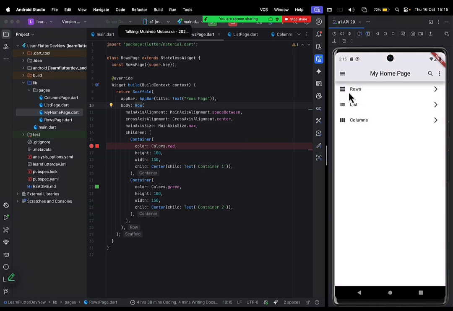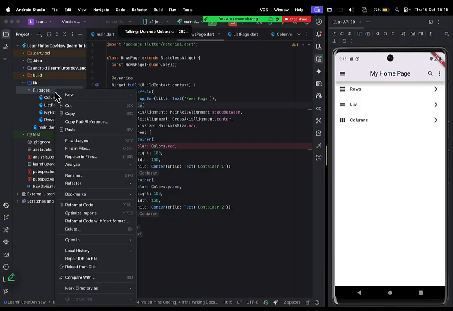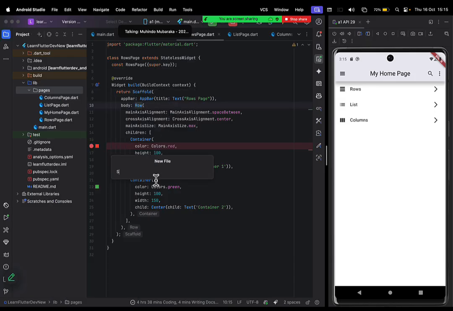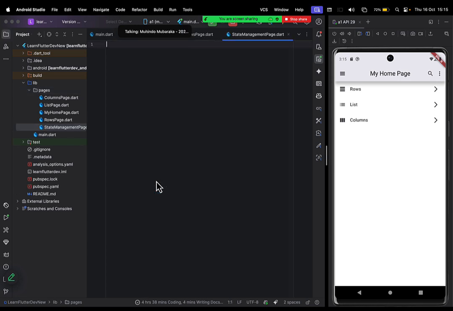All right, so what I'm going to do, I'm going to create another screen that I can call stateful widget, or maybe state management. So I just come here and say create new file, and then call it state management screen or page, state management page. Say .dart. Now, if you still remember, when we were creating the other screens, we were doing what we call stateless. Sorry. So for this screen, we're going to do what we call stateful